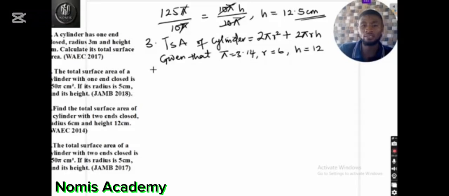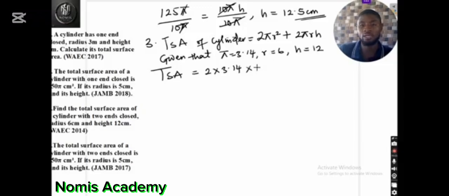So we say the total surface area of the cylinder is equal to 2 multiplied by 3.14 multiplied by the radius squared,